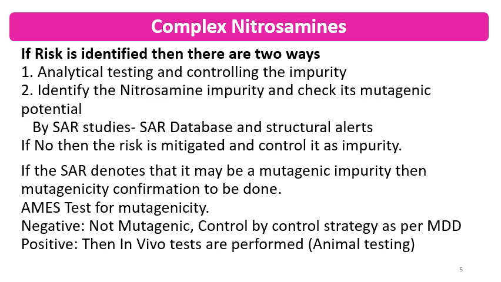If the Ames test is negative, that means though the SAR database has shown the impurity as mutagenic, the Ames test is negative, so there is no mutagenicity in the compound, and the control strategy as per the MDD and ICH guidelines can be done for generalized impurities. If the Ames test comes positive, then it is considered as a mutagenic impurity,